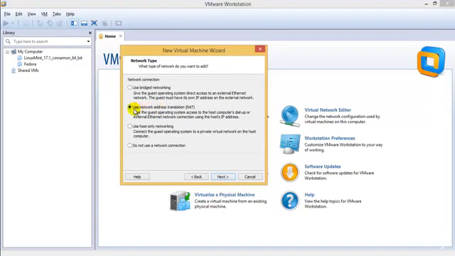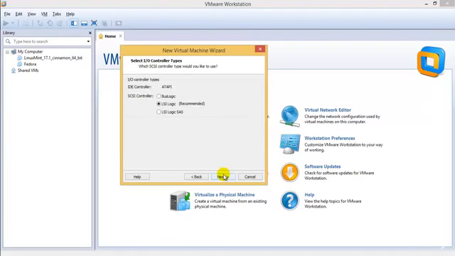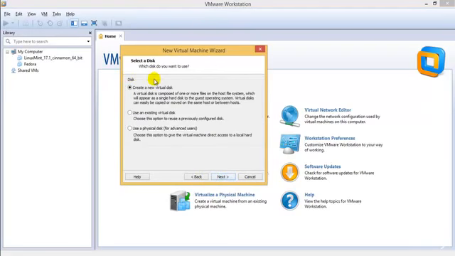So always use network address translation, that's the NAT connection, because if you use bridged networking, then the guest must have its own IP address on the external network, else it won't work. If you use host-only, then it will only connect to the host network, and as it suggests, it's self-explanatory, so do not use that. So we would be using NAT, since we need to connect each and every other operating system we have. Click next. We don't have anything to do with this, just click next and create a new virtual